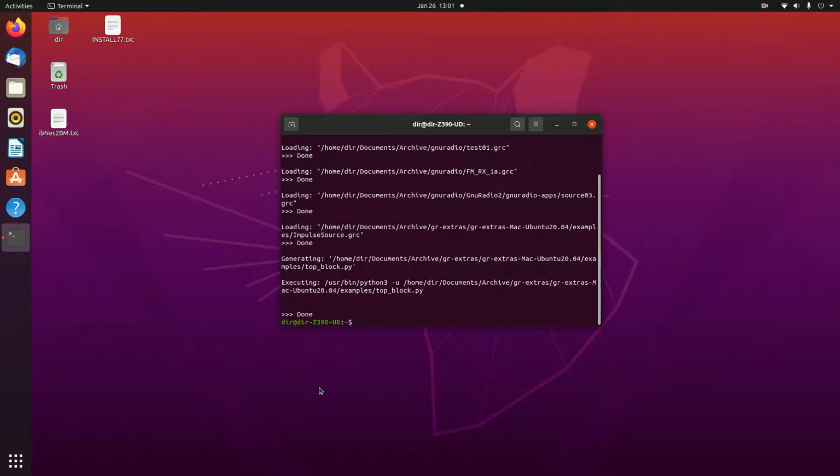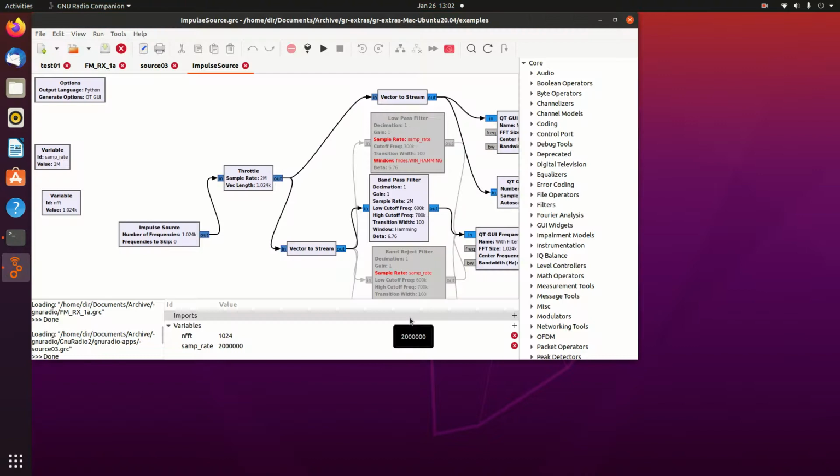I'm going to use the impulse source to look at the frequency response of various filters using gnuradio-companion. The impulse source is an out-of-tree module that I wrote for GNU Radio, and the instructions for installing it will be included in the text of this movie. And so here we'll start up gnuradio-companion, and it already has my example loaded, the impulse source,